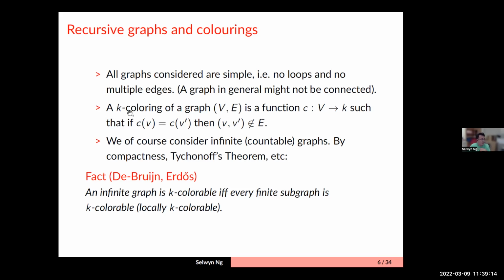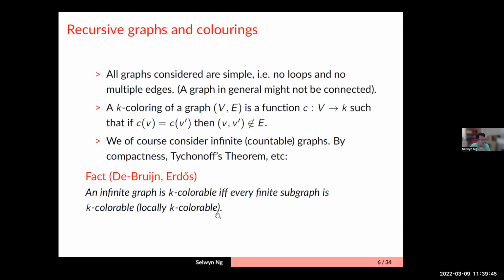And a k-coloring, for a natural number k, is just the usual: you want a function that assigns one of the k many colors to each vertex, such that vertices which are neighbors are not given the same color. And of course, we're going to consider infinite graphs because, well, that's what we do. But by the usual compactness theorem, and there is also a proof using Tychonoff's theorem, some kind of compactness argument,